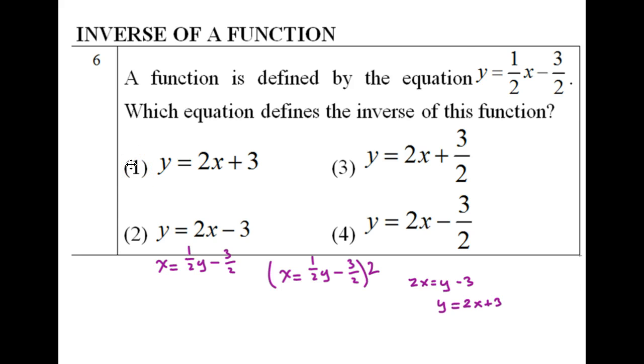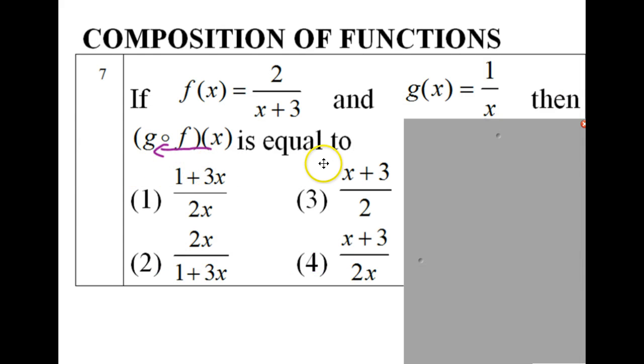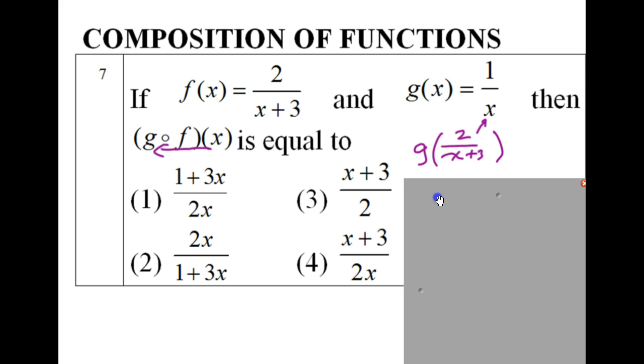Last question. This is a composition of functions question. Okay? It's a g of f of x. So what we're going to first do is start with the f function. Well, the f function says it's just 2 over x plus 3. I'm going to sub that in to the g function, working from right to left as the arrow indicates. The g function says put 1 over whatever you're giving me. So I'm going to put 1 over that function, and then I just need to